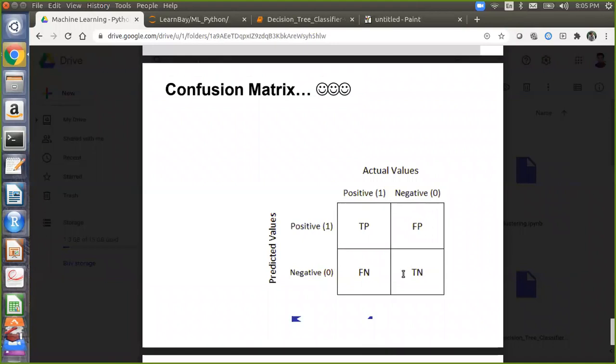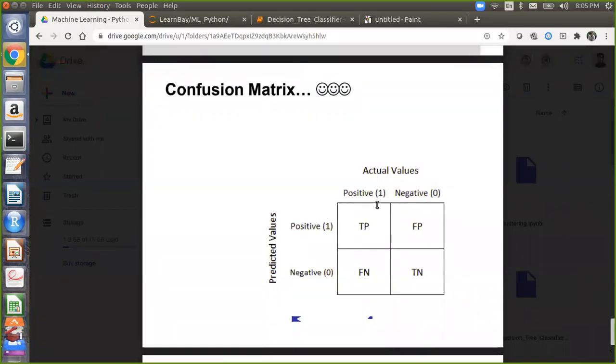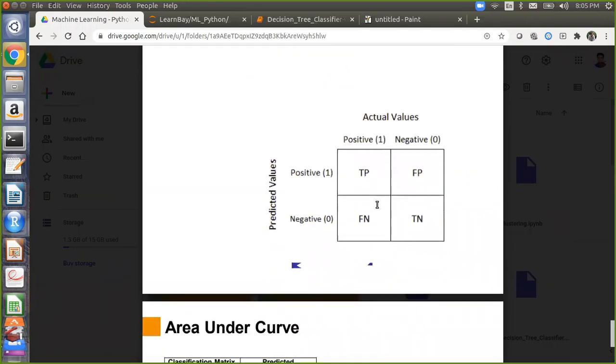Remember, sometimes in an interview they ask what is true positive versus false negative, false positive. So you have to remember this table. True positive is 1 predicted as 1. True negative is 0 predicted as 0. False positive is 1 predicted as 0. And false negative is 0 predicted as 1. So that is a confusion matrix. It will help you understand your model accuracy. It is a very important metric, and we will see in the code how to plot it.